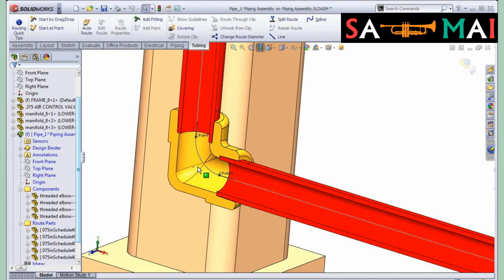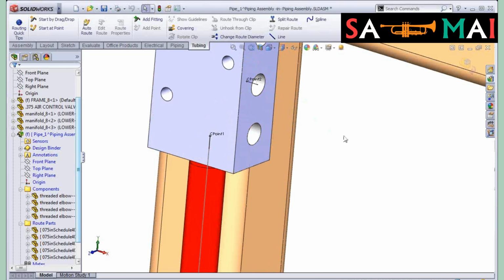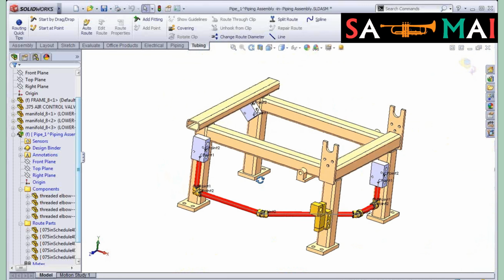You can actually see with this threaded pipe, the pipe is engaged inside that elbow. How did it know to do that? How did it know how far to engage in there? All that intelligence was in those connection points. When you set up this elbow part, or these pipe parts, or the fitting parts, they all have that intelligence in them of how far to engage into them. It's engaging into the block up above, too. That's all set up in those connection points when you set these up as route parts. So if you haven't figured it out, that is the big deal about routing, is setting up your library